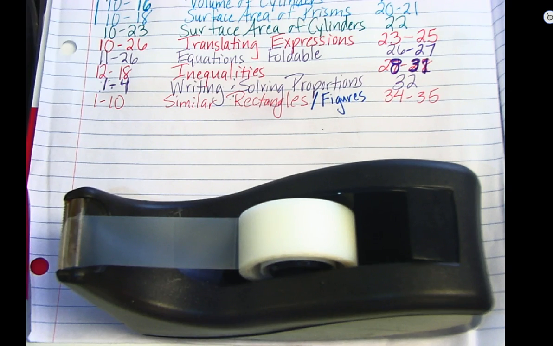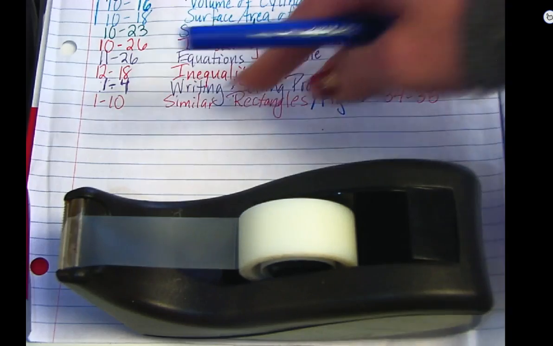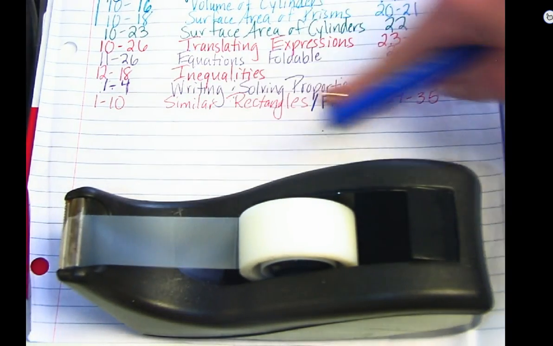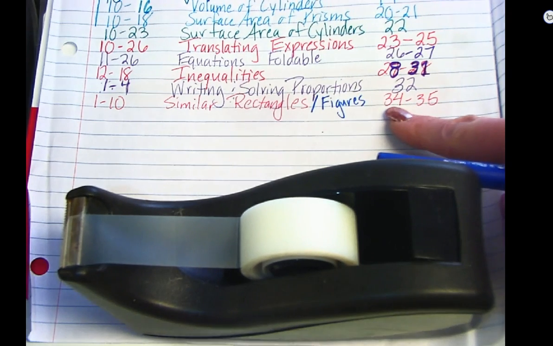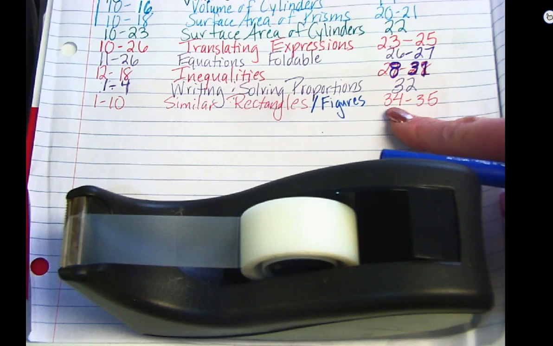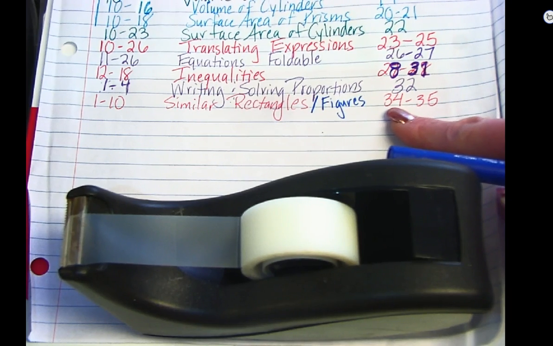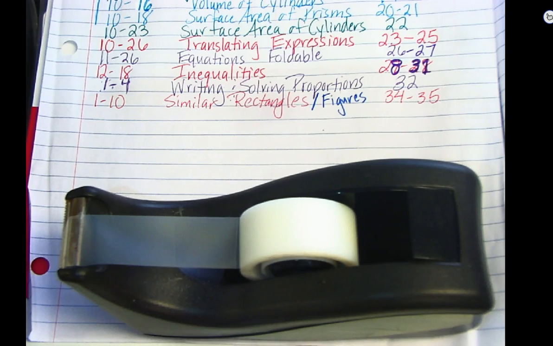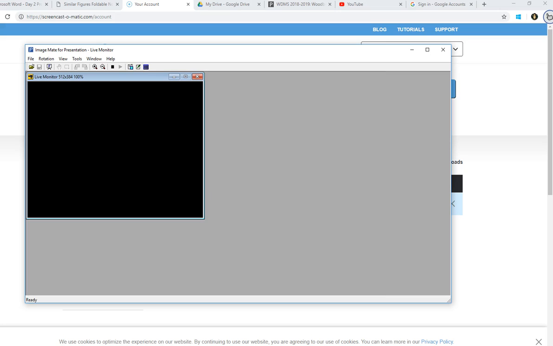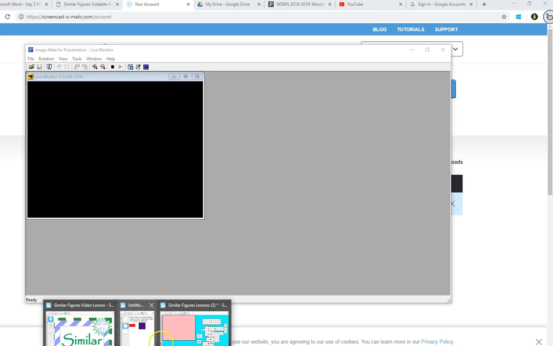So in your notebooks, you are going to be gluing, but not until I tell you to do so, on page 34. So today we're actually working on page 34 in our notebooks. And as we go through the examples and we talk about which ones are similar, we're going to write some notes in our notebook and we're going to glue down our rectangles. Okay? So to begin the lesson today,